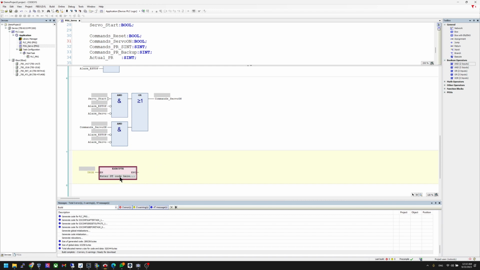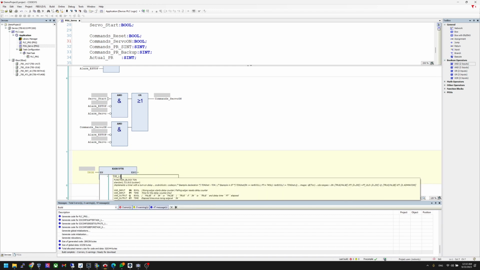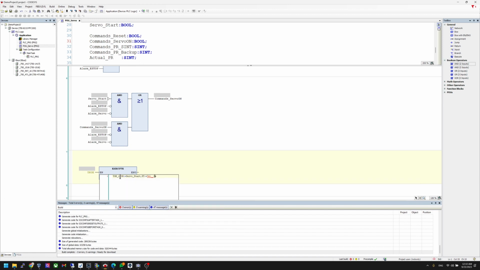So I will create a timer program inside. IN is equal to servo start. It means you start to count the time when servo start becomes true, and I'll give a 1 second delay. 1 second. Okay,